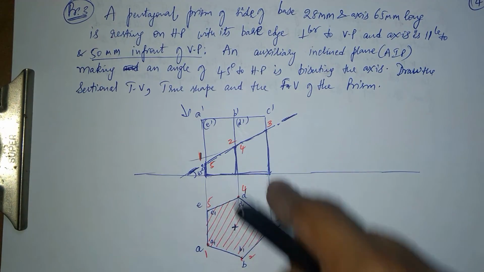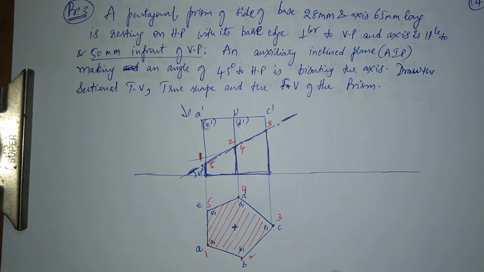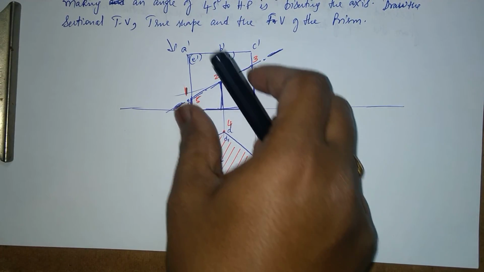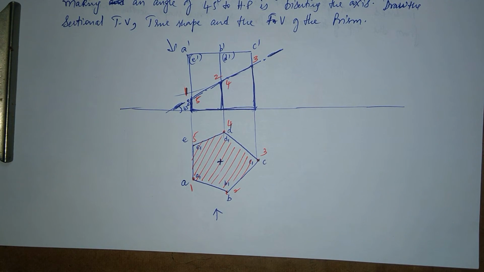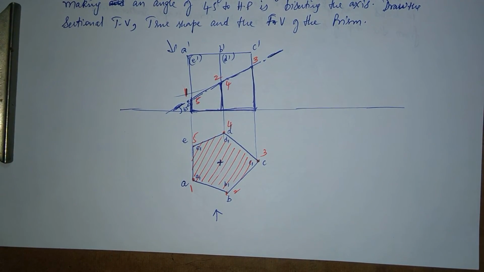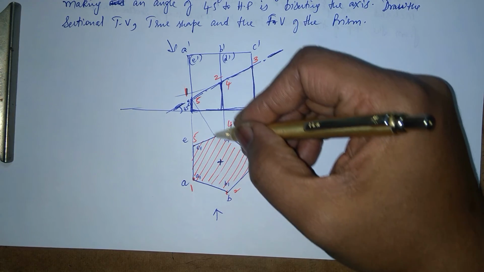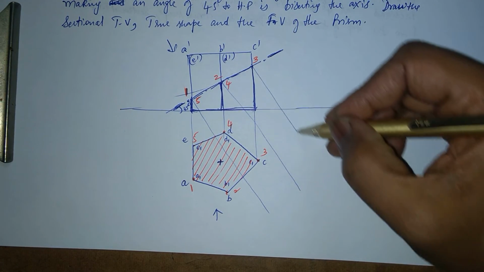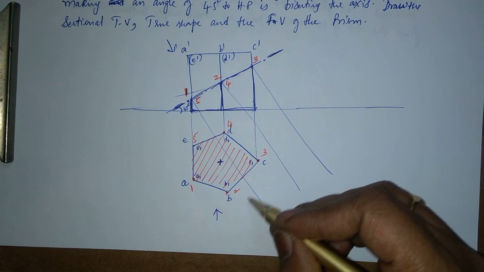But since I can't do it here, I'll just do it right here. Okay, I'll just use this space. I'm just sliding it a little here, and then I'll get the points over here. I'll just project these lines from here. Please don't do it like this, but you can actually use this.